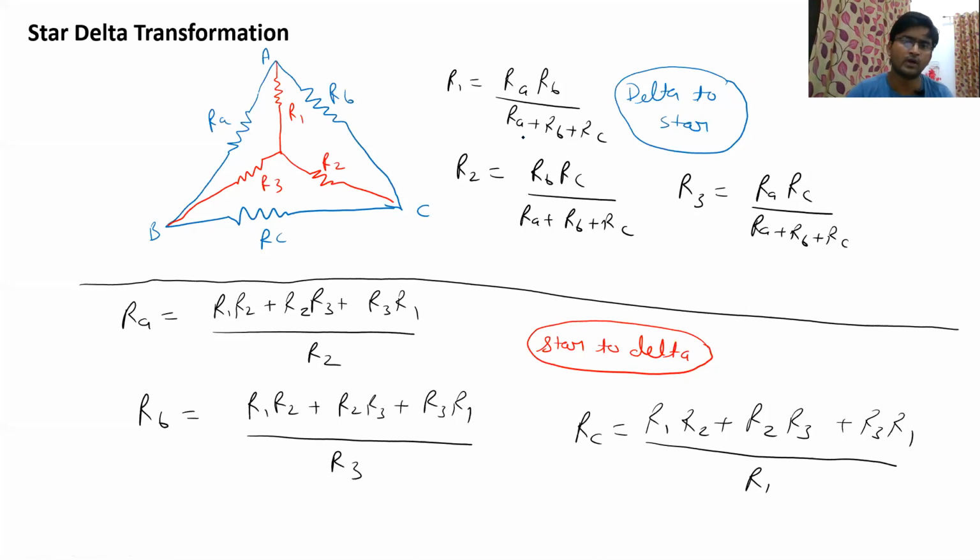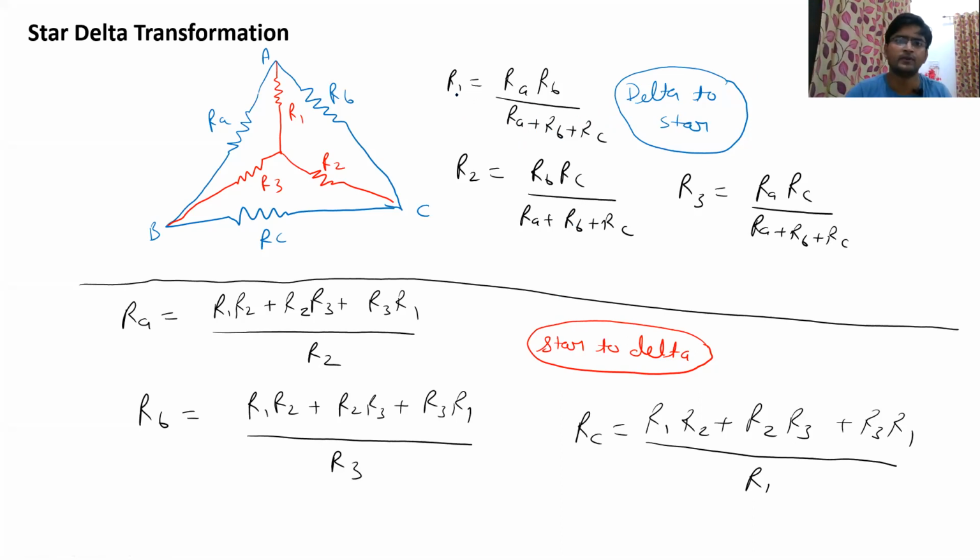So these are the formulas for delta to star and star to delta conversion. The derivation for these formulas you can get very easily in any book or on the internet. So we are not going to go for the derivation, but I will give you a very easy method to